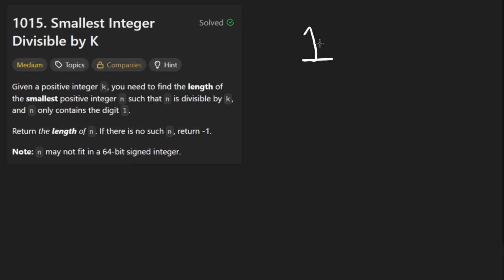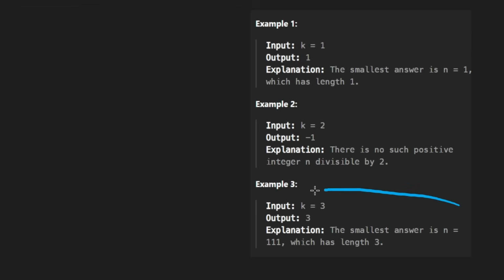But we're not doing this in binary, so you can't just use the bit shift operator, but you can do the multiply by 10 operator, and then you add the 1 here. And then if you want to do the same thing, you multiply this by 10 and add 1. So let's just go through one of these, I guess the most interesting example we have here, and see what